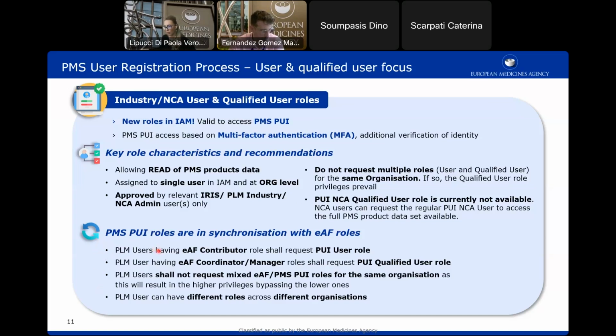If you already have a role as EAF contributor, you should only be requesting the user role. But if you have the role as EAF coordinator manager, this is equal to the qualified user role in PUI. So you need to request this role. In this way, you will always ensure the same privileges are met. Don't overlap them, because otherwise you might end up seeing confidential data that you're not supposed to see. And this is the third